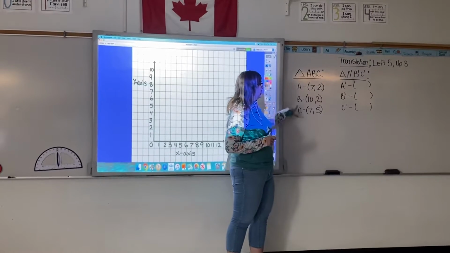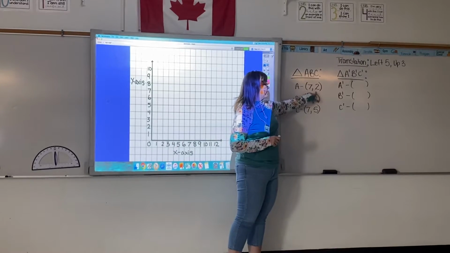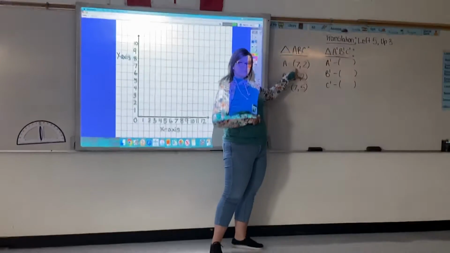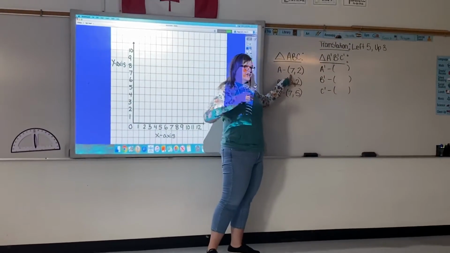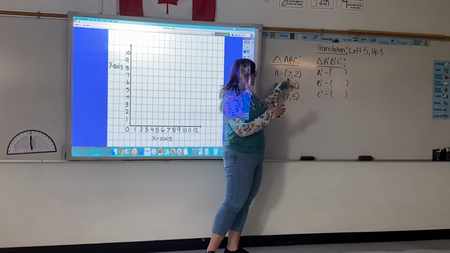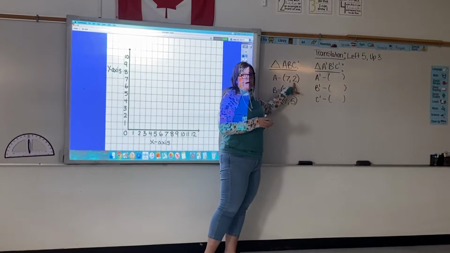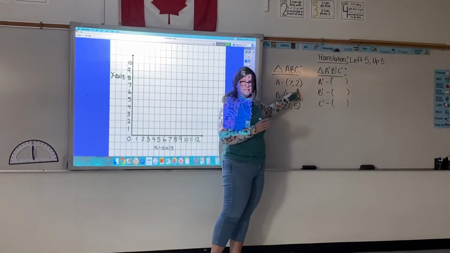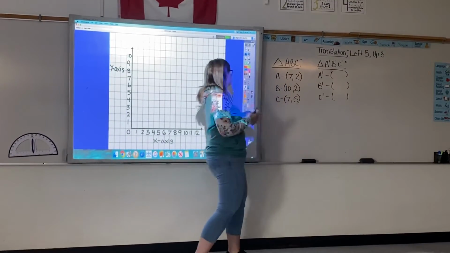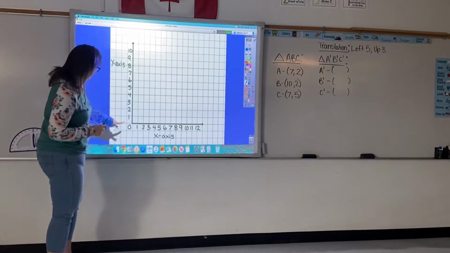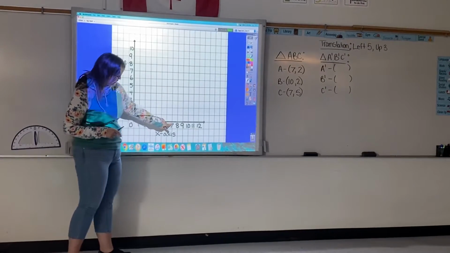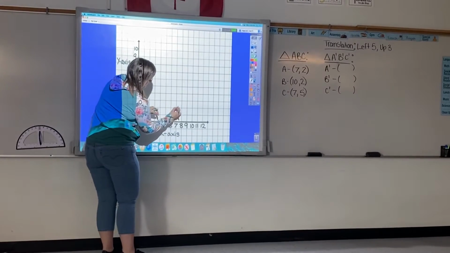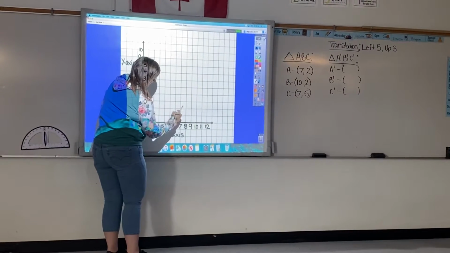So a quick review is we have our point 7, 2. Our first number tells us how many we need to move over on our x-axis. This is always how many we move over, and then 2 is how many on our y-axis, so how many we move up. So always over, then up, every single time, over and up. So if I was to plot this on my grid, I'm going to go over to 7 right on the line, and up to 2, and I'm going to put a point here and call that